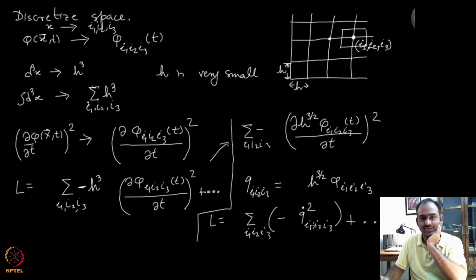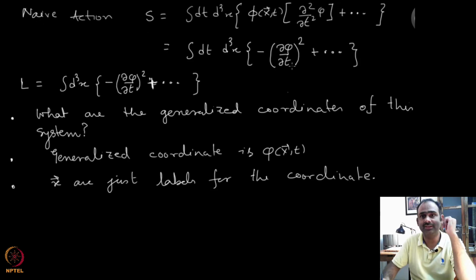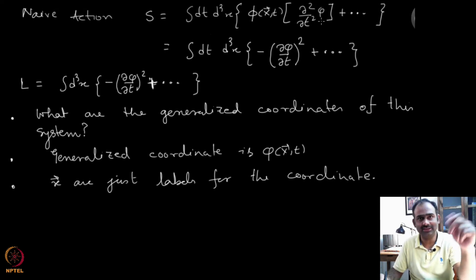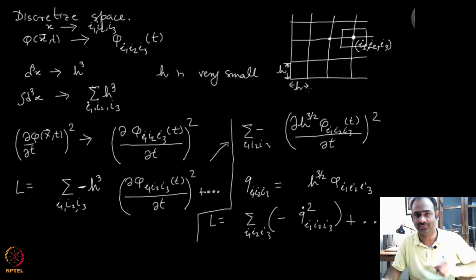Now, the mistake that we have made is we took the action to be this thing here, but if I take minus S as the action instead, you still get the same equations of motion. So as far as the equations of motion are concerned, changing the sign of S will not change anything. So all we have to do is put a minus sign here. That minus sign will remove this minus sign, and of course it will change other signs, and then everything will be fine. Your kinetic term will be positive. So I will now correct for the minus sign.